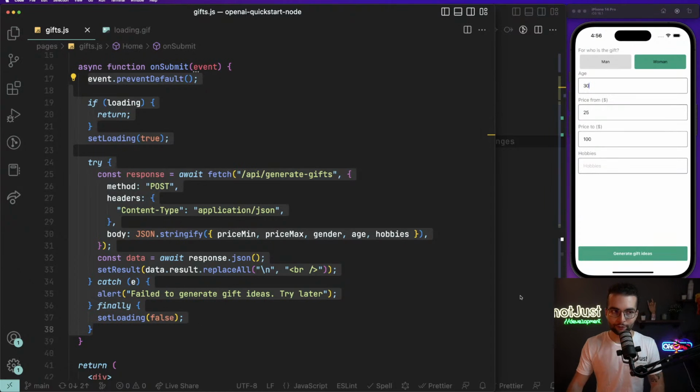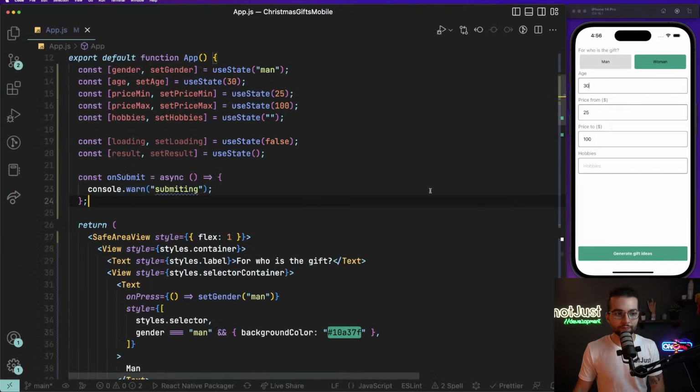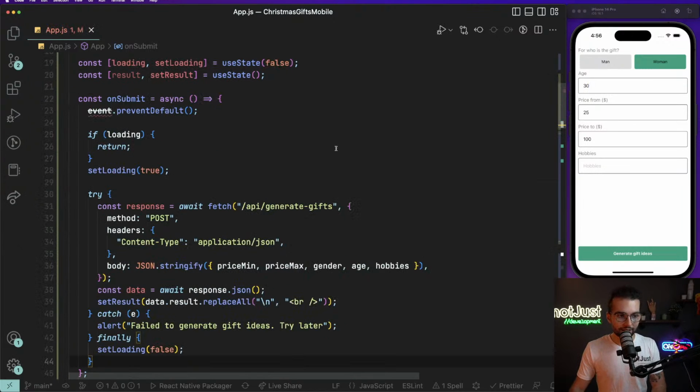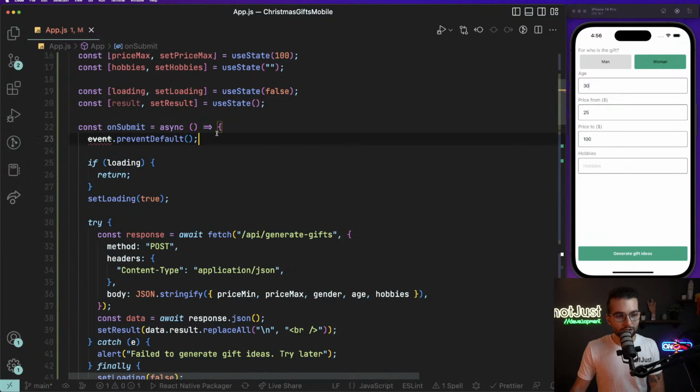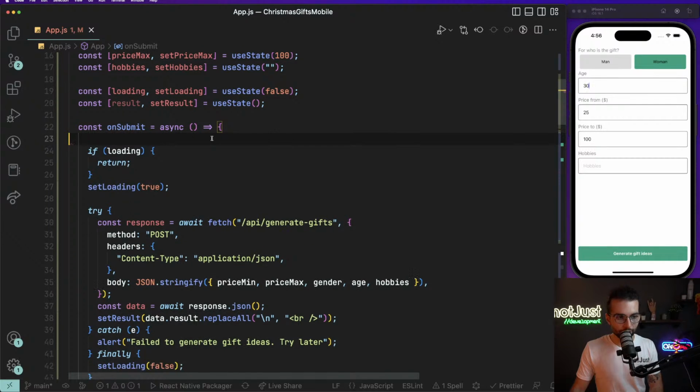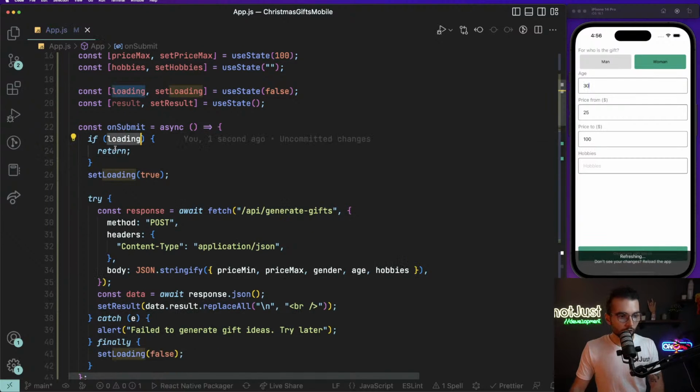The thing is that our onSubmit function will work approximately the same across platforms, both on web and on React Native. So let's go ahead and copy everything from onSubmit from the web into our onSubmit in the app.js in our React Native application. I'm gonna paste everything here, and as we can see, we do not have an event prevent default, so simply delete it from here. Now, if loading